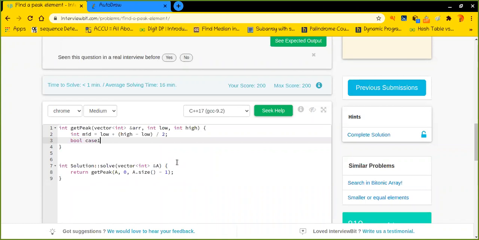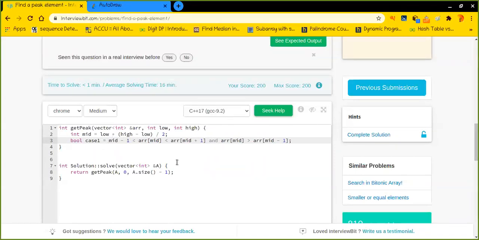So this is why I have written it separately, and we have to handle it separately. Okay, so now let us say that we have case 1, where the I is basically from 1 to n minus 2. So for that, what we have to do is, if arrays mid is lesser than arrays mid plus 1, and arrays mid is greater than arrays mid minus 1, and actually, to handle all these cases, mid should be from 1 to n minus 2. Okay, I think this is pretty much clear to you.